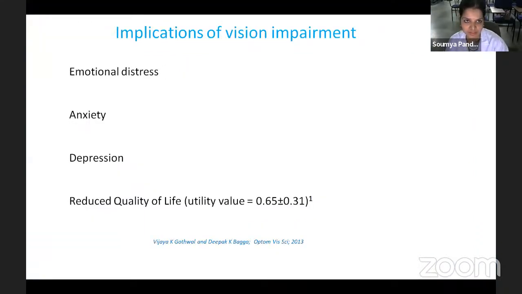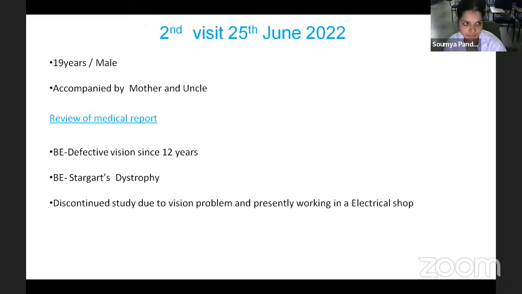So the main implication is that visual impairment can cause a severely reduced quality of life. This paper was published in 2013 by Dr. Gothal et al., and it shows that quality of life can be reduced due to emotional distress, anxiety, and depression. So now coming to our case, a patient visited our Institute for Vision Rehabilitation on 25th June,